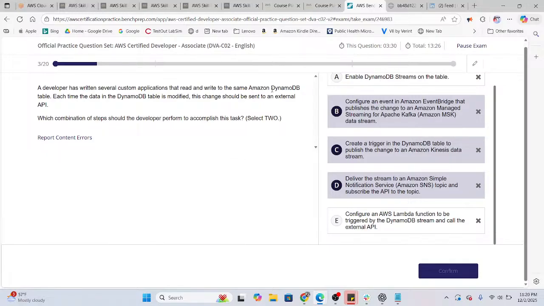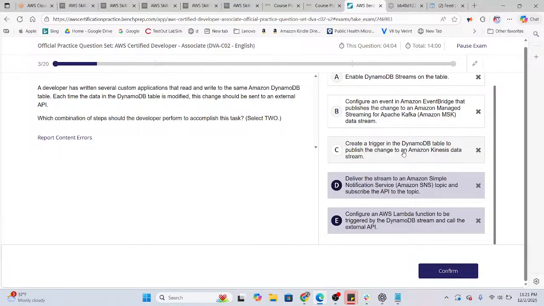Because what combination of steps should the developer perform to accomplish sending the change to an external API? External API. Okay. This is not the external API. Deliver the stream to Amazon Simple Notification Service. Okay,